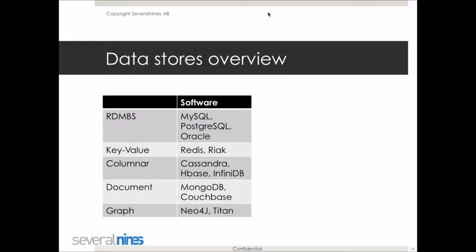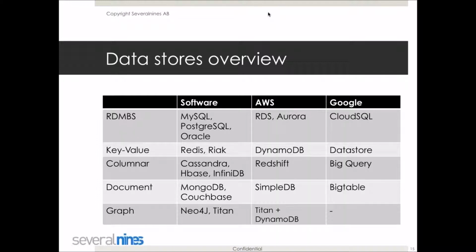So 5 to 10 years ago, we had mostly relational data stores, but 10 years ago, key value data stores started to emerge, like Memcached. I think Membase was something like 5 years ago only, and that in the end resulted in a merge with Couchbase. Columnar data stores started to emerge as well at the same time, because the way we retrieve data from a relational data store is by retrieving rows, while in a columnar data store, you retrieve columns instead of rows. So that needed a new approach. So new data store types started to emerge, like